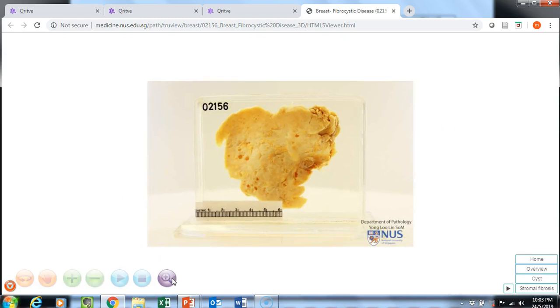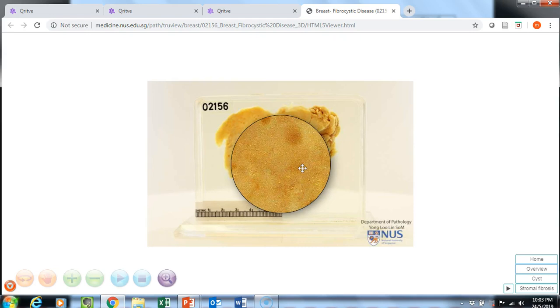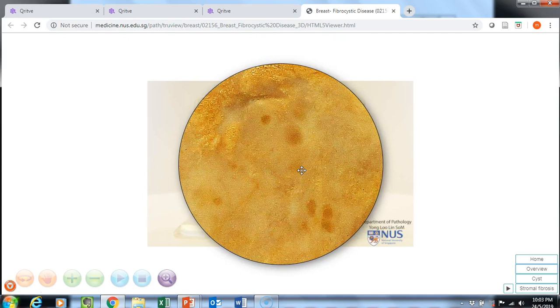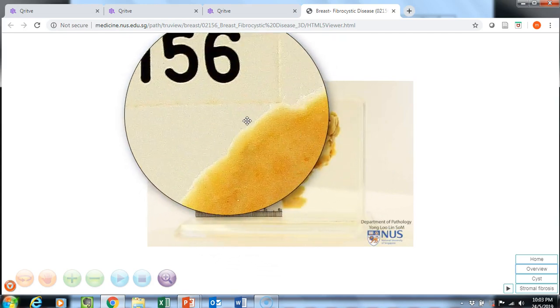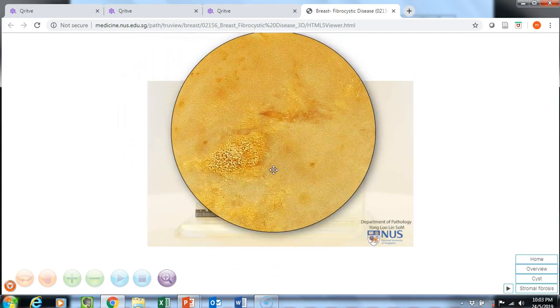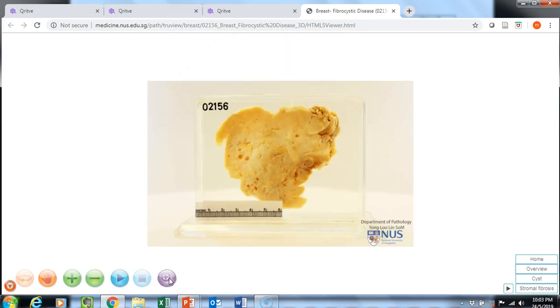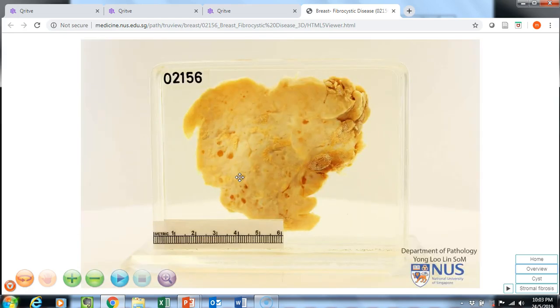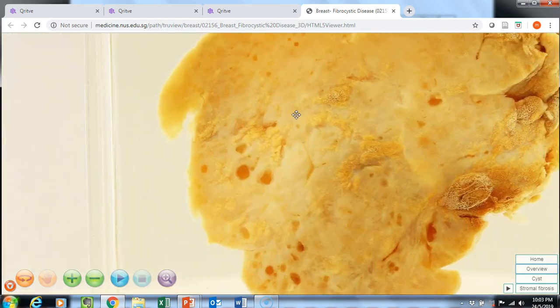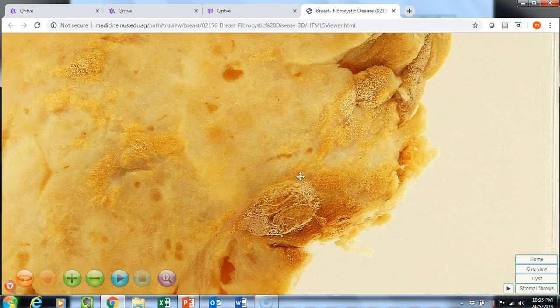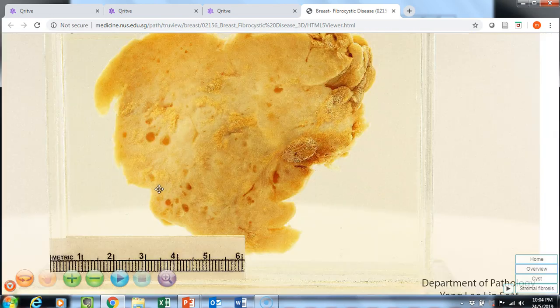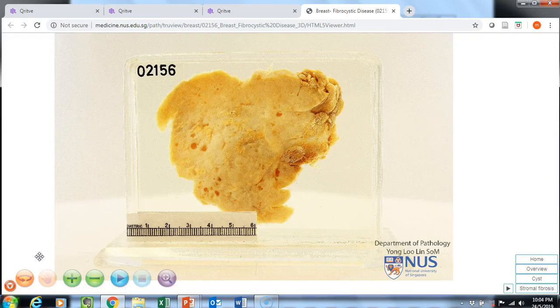I will just show you the magnifier function, which is what we are used to using in our Flash files. So you can use your mouse roller to adjust the size of the magnifier, and you can drag it anywhere on the specimen. Click this to go back to the default mode. If you want to pan the specimen without rotating, click on the hand icon. Then you can enlarge the specimen using your mouse roller, and you can move it in the same plane without rotating. And if you want to go back to the default rotation mode,